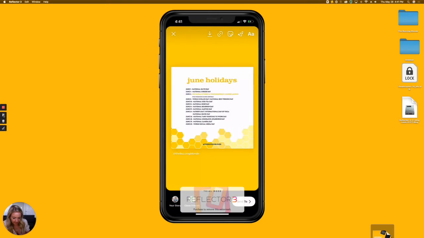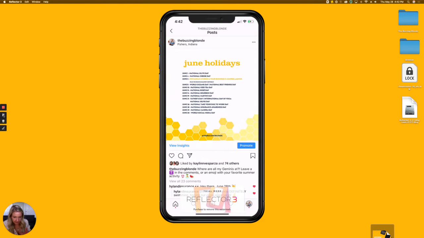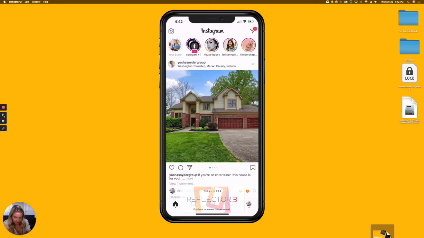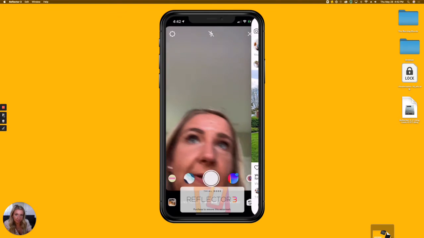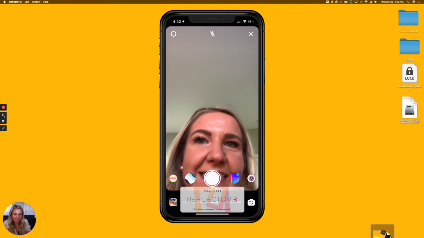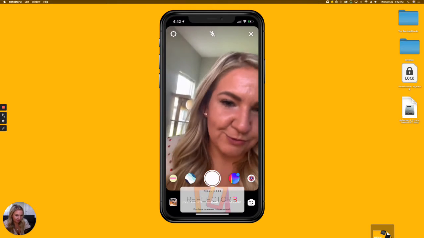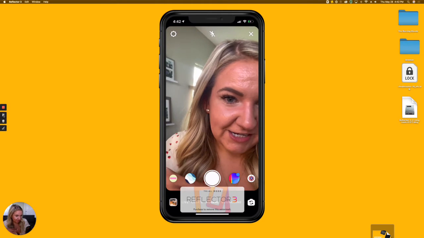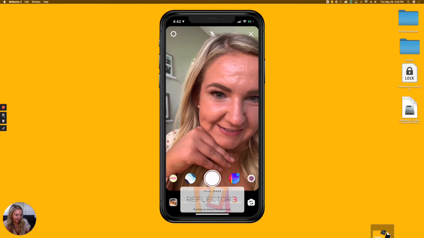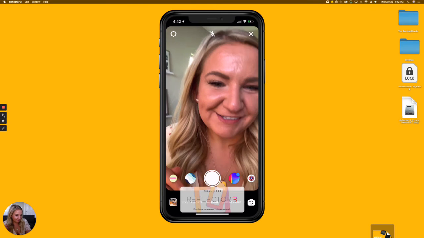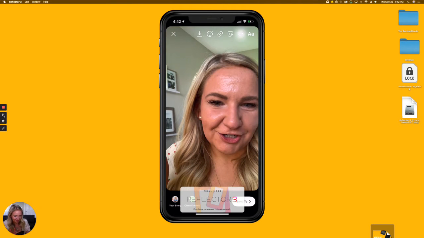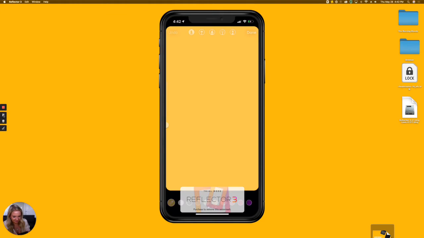The other way you can go about creating a solid background would be coming to your Instagram story and acting as if you were about to post a picture of yourself. Hey guys. So you're going to take a picture. So cute, right? Come back up to your draw tool, click the yellow, or whatever color you so choose, and then you could type in